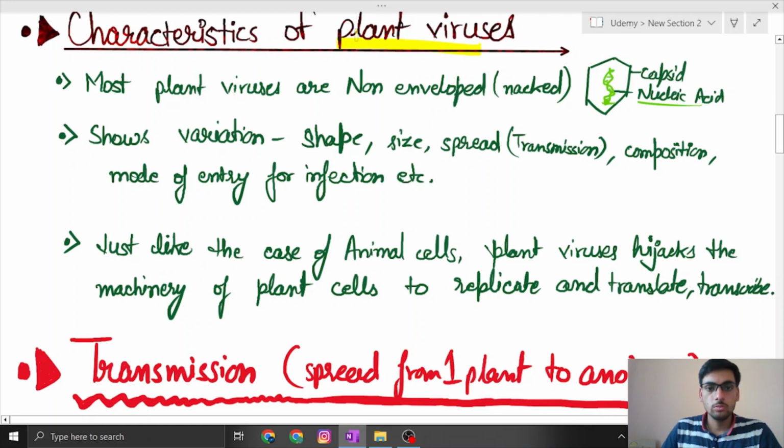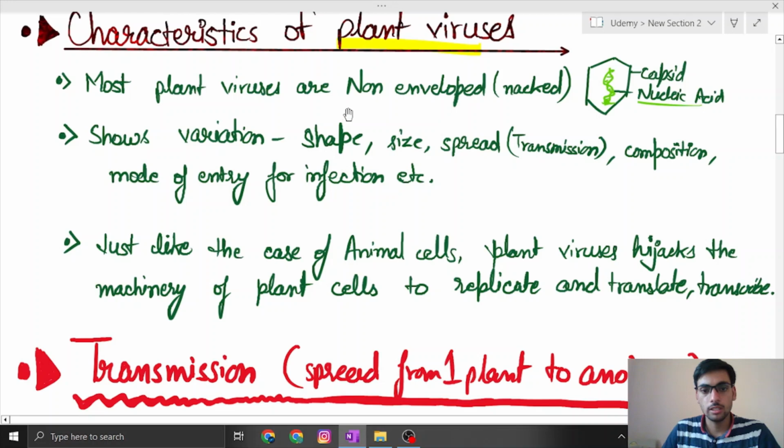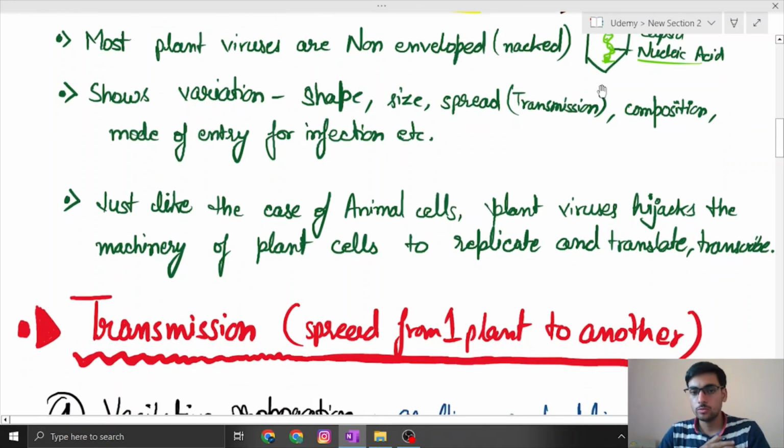Most plant viruses are non-enveloped, which means they are naked. Here I have drawn a virus containing only capsid and nucleic acid, which means it is only a nucleocapsid virus. There is no outer layer which protects it further. Compared to animal viruses, plant viruses show more variety in shape, size, and even their spread,